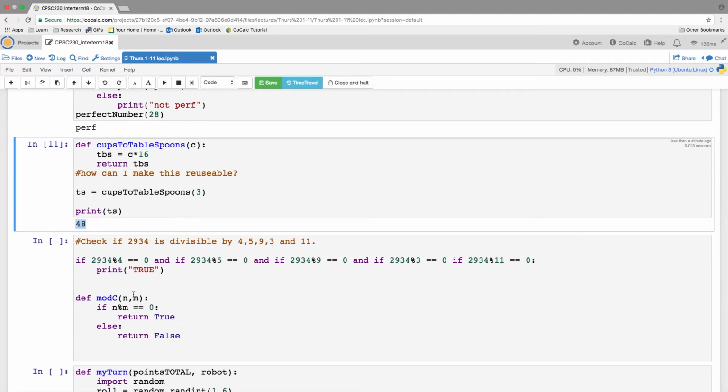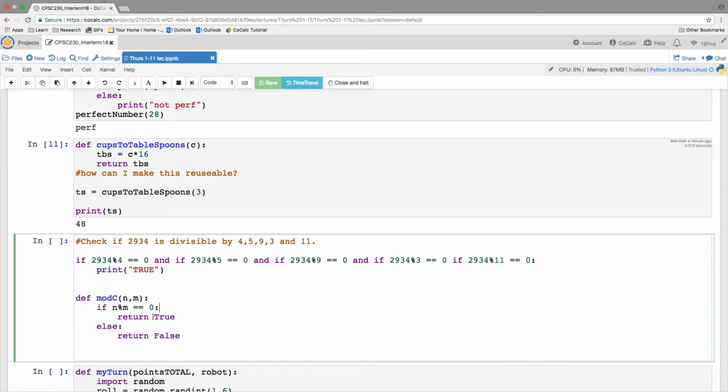Okay, so here's another example. I mentioned this when we talked about while loops a little bit, but sometimes you want to check multiple conditions, right? So you say, okay, I only want a number that is divisible by 4, 5, 9, 3, and 11. Okay, so that's a lot of things to check. And if we have an if statement like this, this is slightly bulky. And if we used a while, again, it would be slightly bulky. So what I can do is I can create a function, and let me even shorten that name